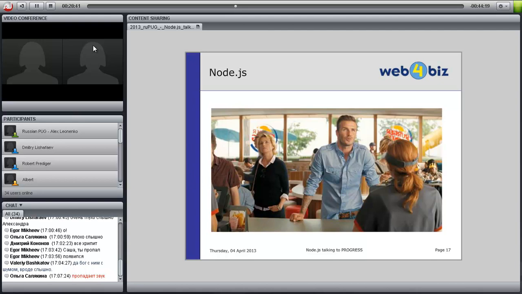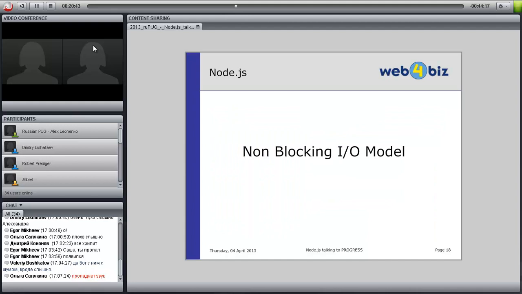With this non-blocking I/O model we solve this with only one thread, because Node is single-threaded, as well as Progress is.